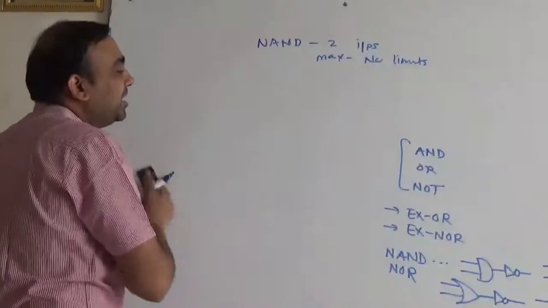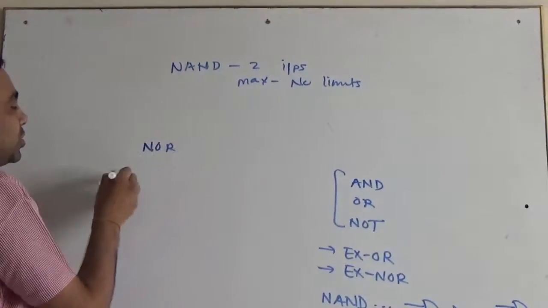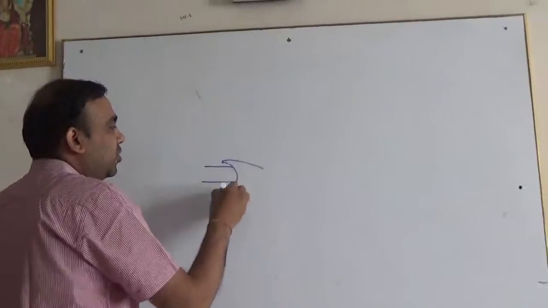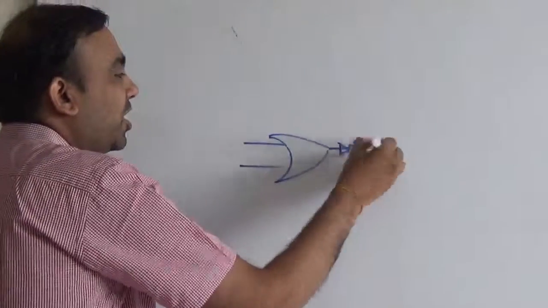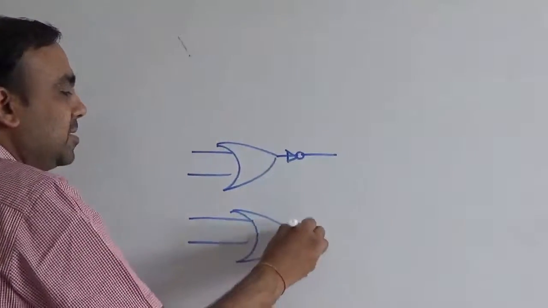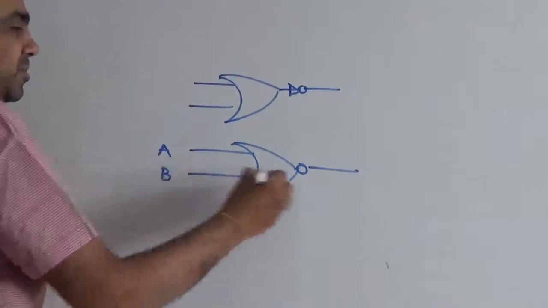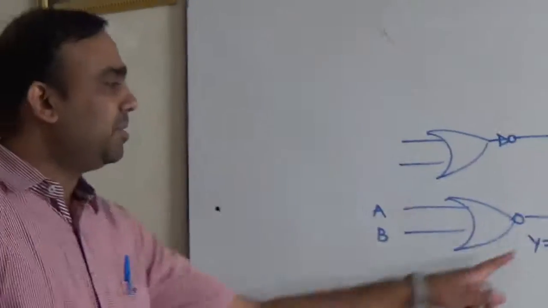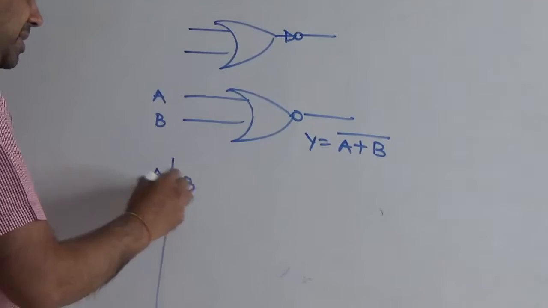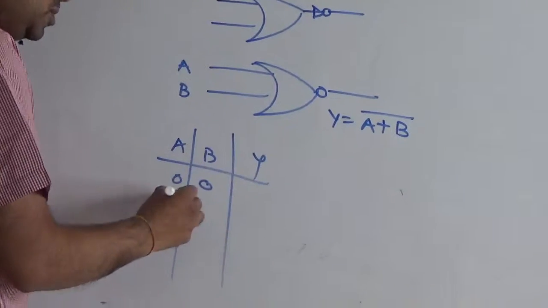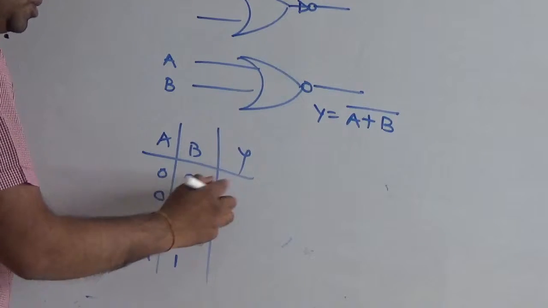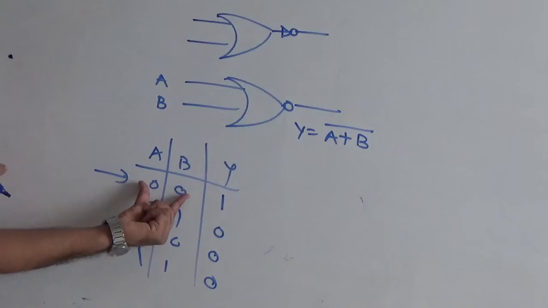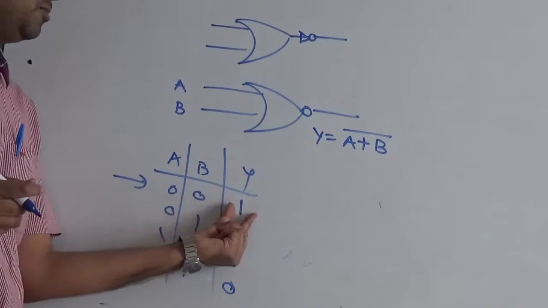Now what about the NOR gate? For the NOR gate, it's an OR gate followed by a bubble, meaning NOR gate. So it is like this. This is the symbol of the NOR gate. If A and B are the inputs, I will show it as A or B bar here. This bar tells us bubble. Now the truth table will be like this: A, B and Y. For 0 0, 0 1, 1 0 and 1 1. 0 plus 0 is 0, bar gives 1. Here it is 0, here it is 0. So I can say if all inputs are false, then only the result is true.